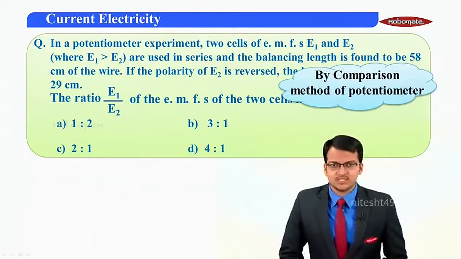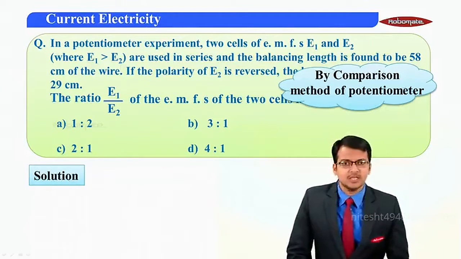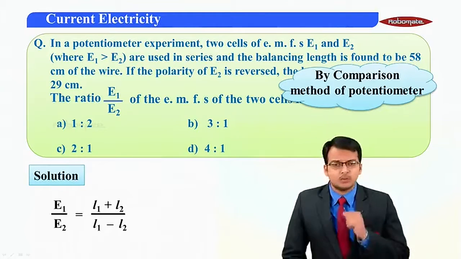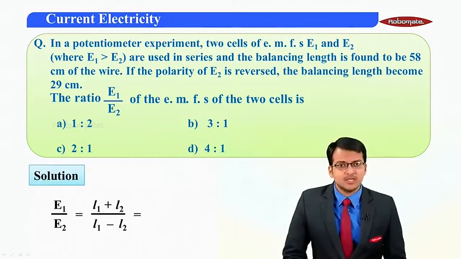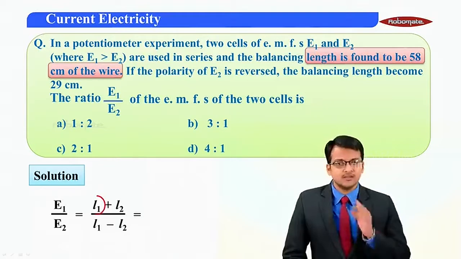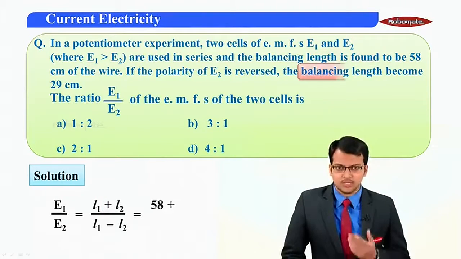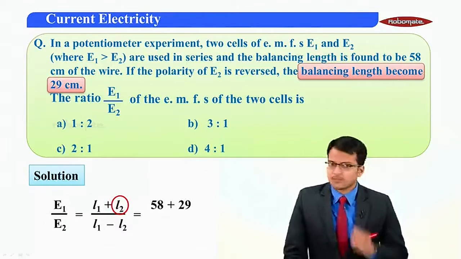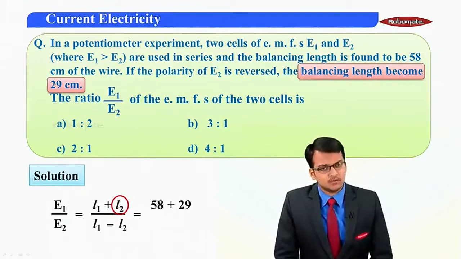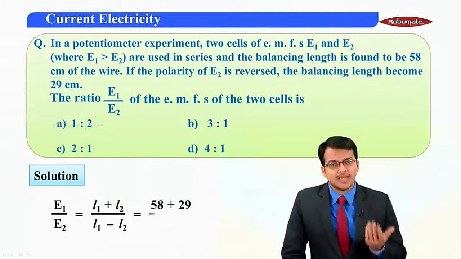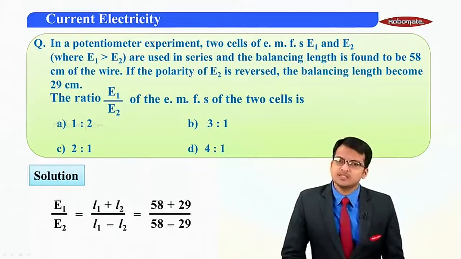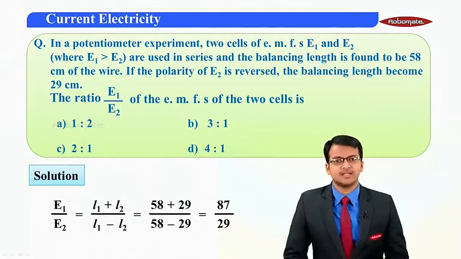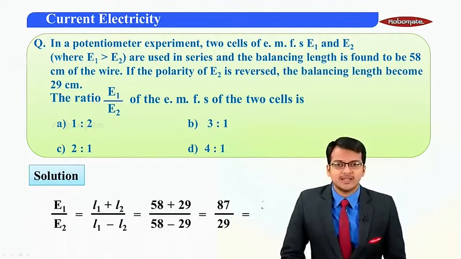We have already studied that by the comparison method, E1 upon E2 is given as L1 plus L2 upon L1 minus L2. L1 is given as 58 centimeter and L2 is given as 29 centimeter. In the numerator add them and in the denominator subtract them. When you recalculate this equation, what I'll get is 87 upon 29, and that is nothing but